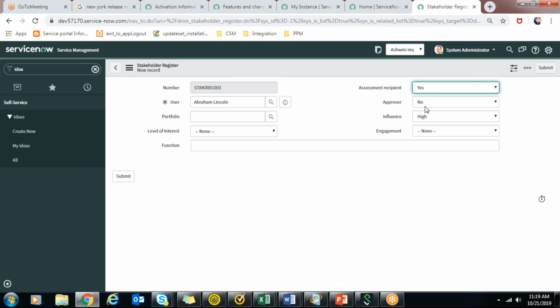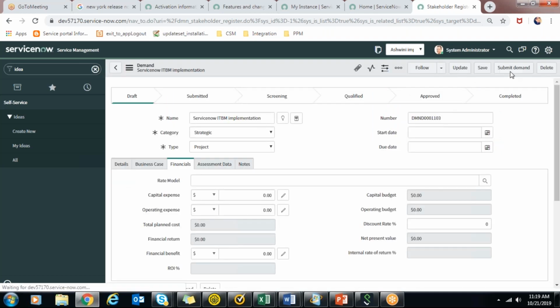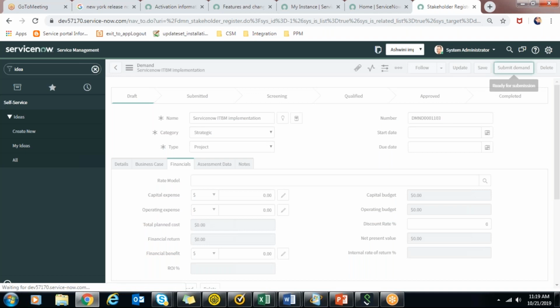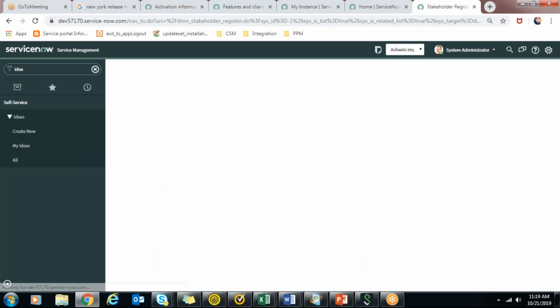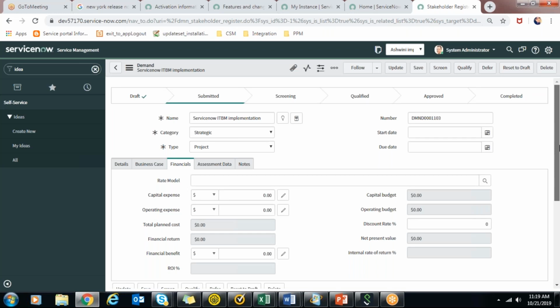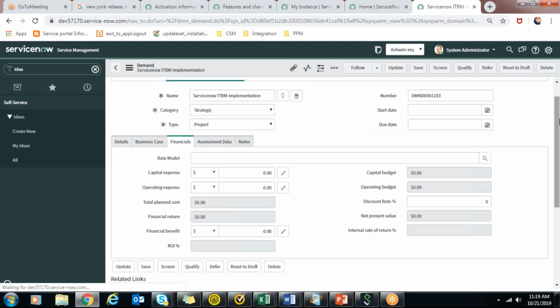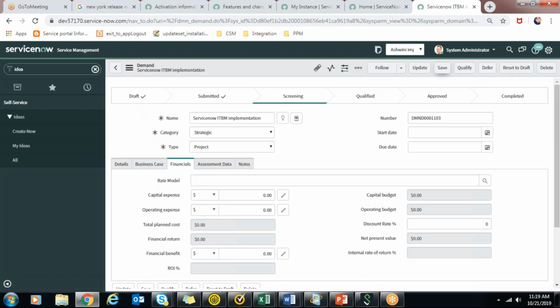And there will be a demand assessment also if you want. And if he is an approver, yes, then the approve demand, when you click on that approve button, then it will go there. After filling in all the information, you can submit the demand. Then the stakeholder managers can come in and screen and qualify. You can see the process flow is clearly defined at the top.